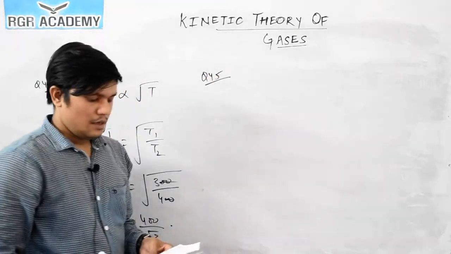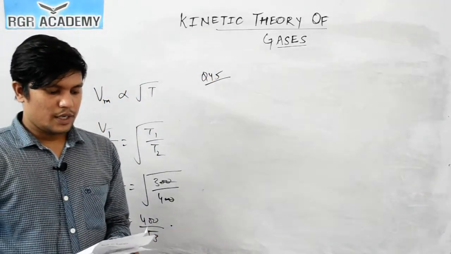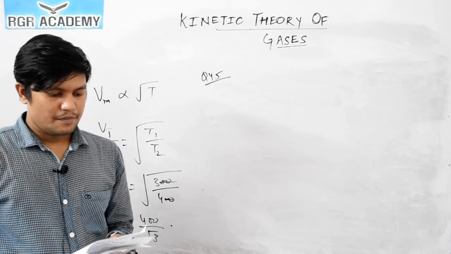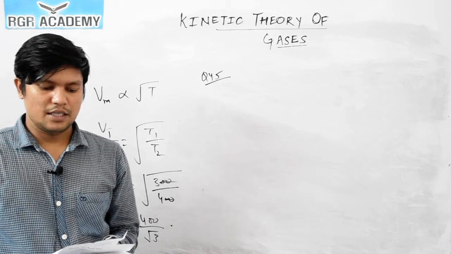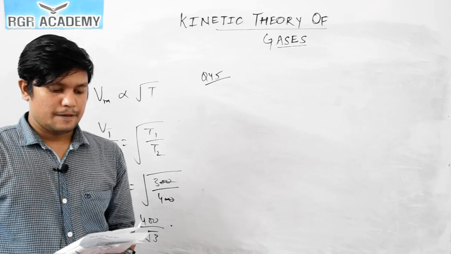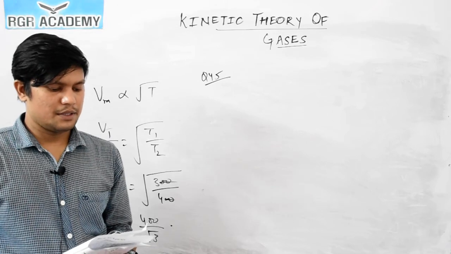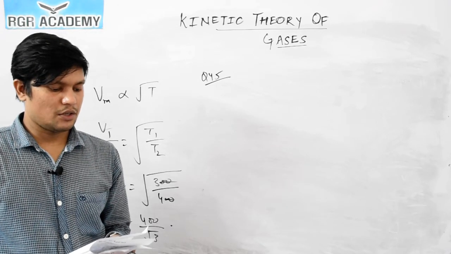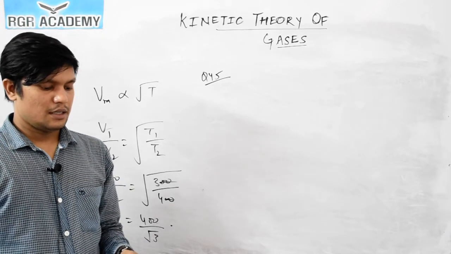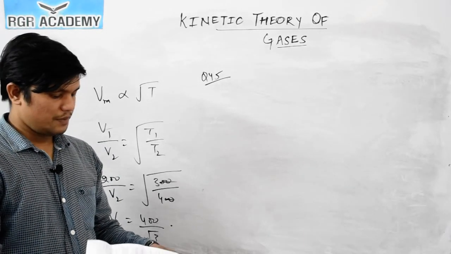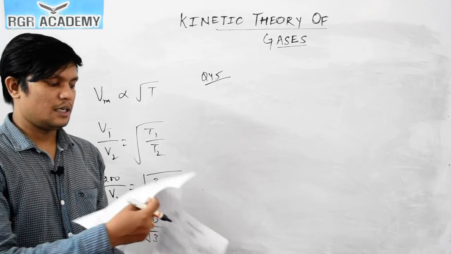Again, what they have given: two identical glass bulbs are interconnected by a thin glass tube. Gas is filled in these bulbs at NTP. If one of the bulbs is placed in ice and the other bulb is placed in a hot bath, then the pressure of the gas becomes 1.5 times. They are asking the temperature of the hot bath. This question is similar to the one we previously solved, question number 6. Here also we have